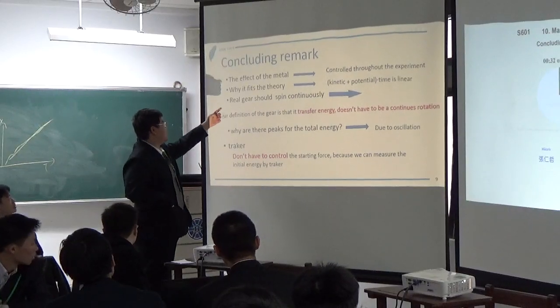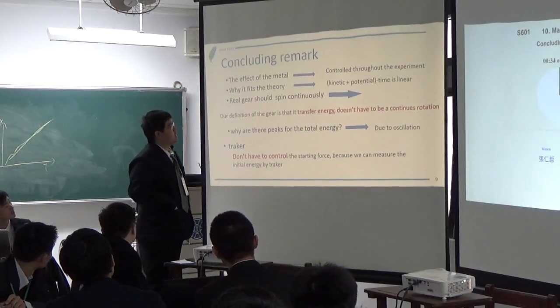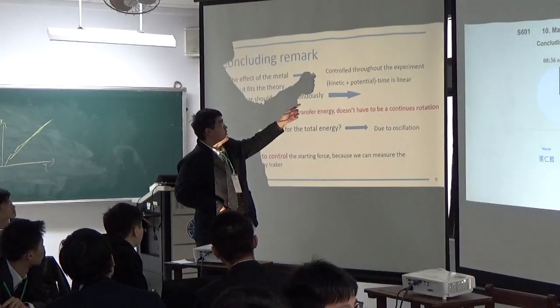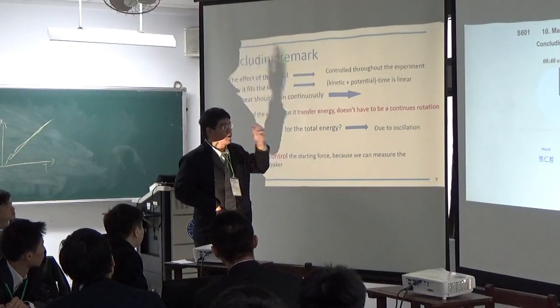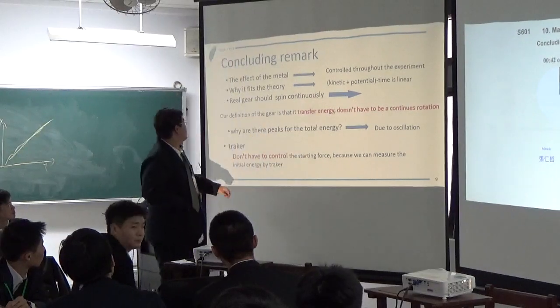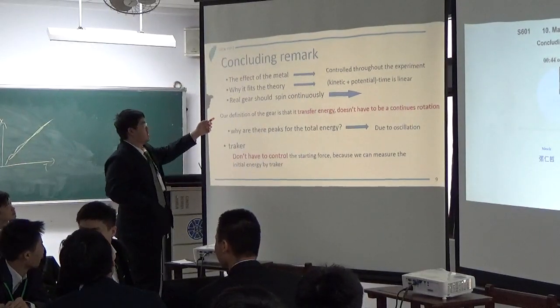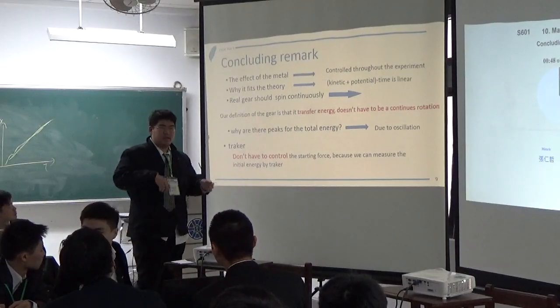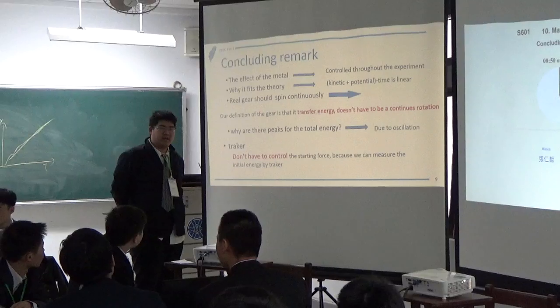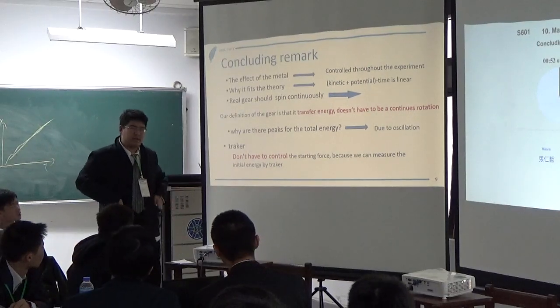And why does it fit the theory? Because kinetic and potential energy over time is linear. A real gear should spin continuously, right, but I didn't observe that